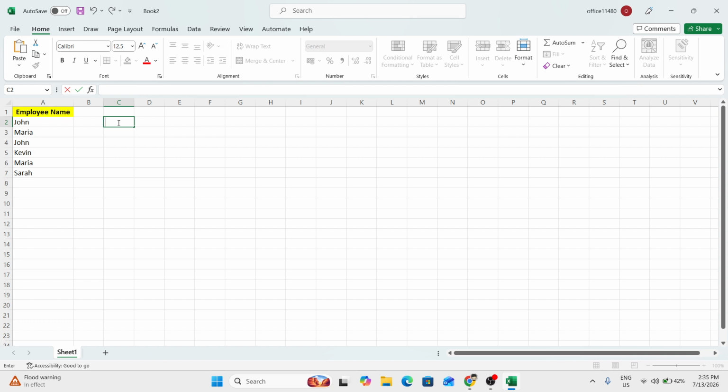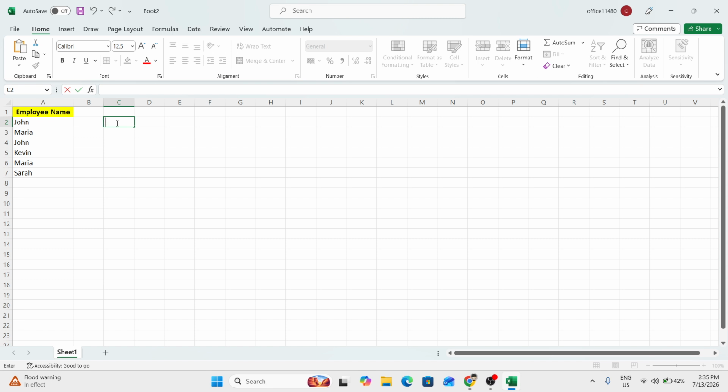This is especially helpful when you're working with names, categories, product lists, or any column that may contain repeated information. To see how it works, let's go through a quick example using a list of names. Imagine you have several names entered in cells A2 through A7, and some of those names appear more than once. Instead of manually scanning the list and removing duplicates yourself, Excel can do the work for you instantly with one